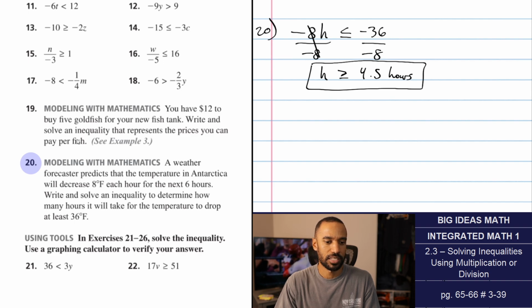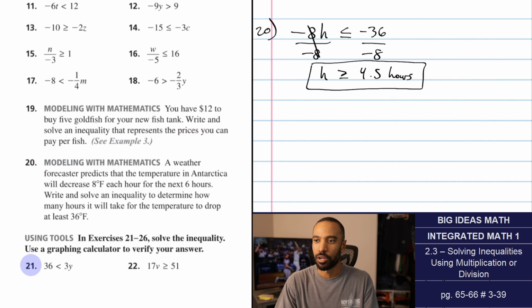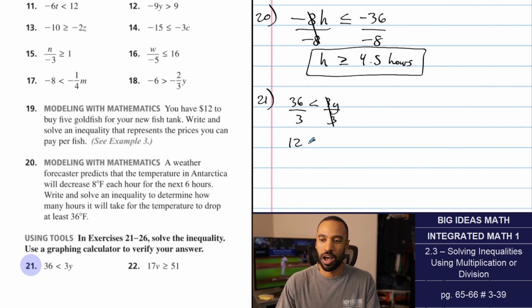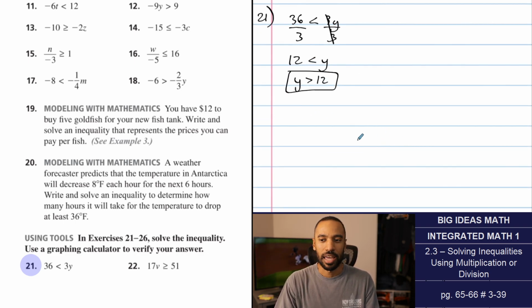Numbers 21 to 26 says, solve the inequality. Use a graphing calculator to verify your answer. I don't know what to do to verify with a graphing calculator. I'm not going to do that. I'm just going to go ahead and solve these. This is 12 is less than y, or y is greater than 12. I don't even know what they mean by use one to, because I don't